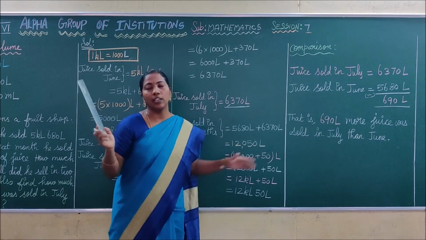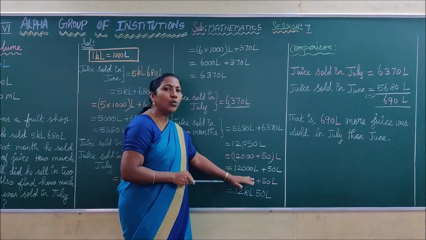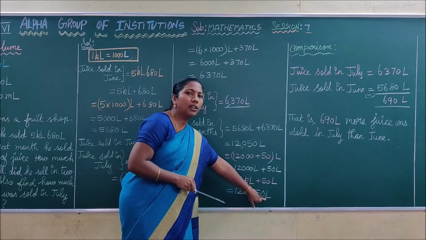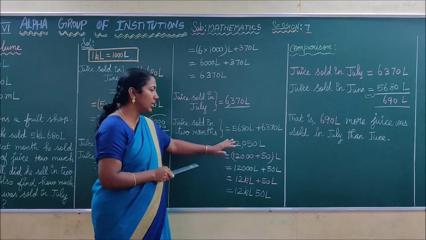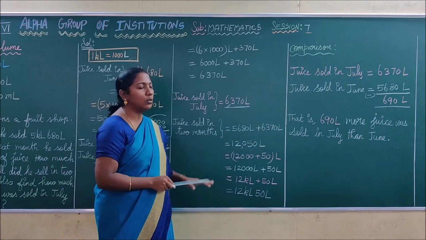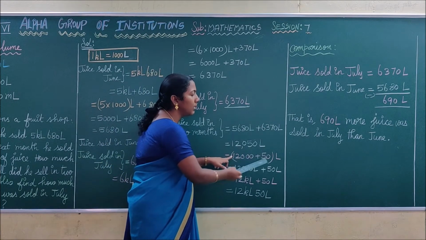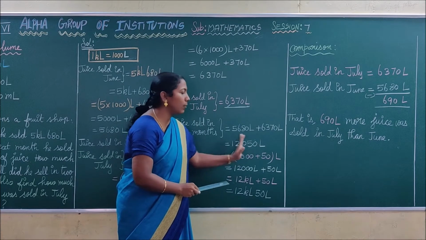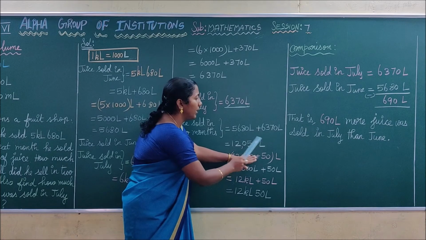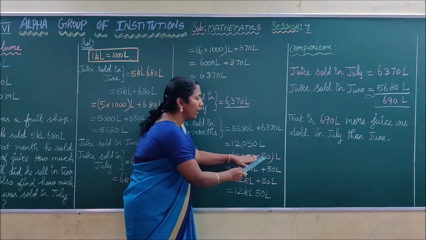But in the question they gave two units, that is kiloliter and liter. For that, here also we are going to convert this liter into kiloliter and liter. How are we going to write this? See here, children, you can do the same method in the next problems also. So listen carefully. When you get an answer like this, you have to split the term by thousands plus the remaining terms. That is, you write 12,000 plus the remaining term, that is, 1s, 10s, 100s. In the hundreds place we have 0, so you have to write it as 50.